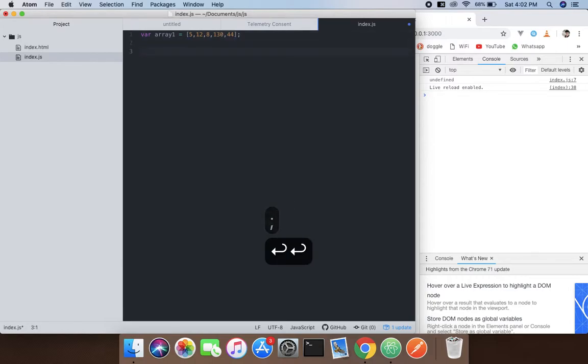And now we will pass a function: find first largest number. So